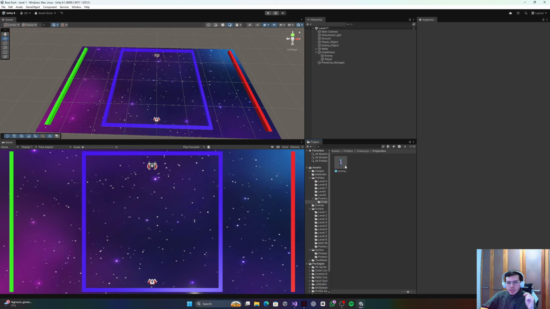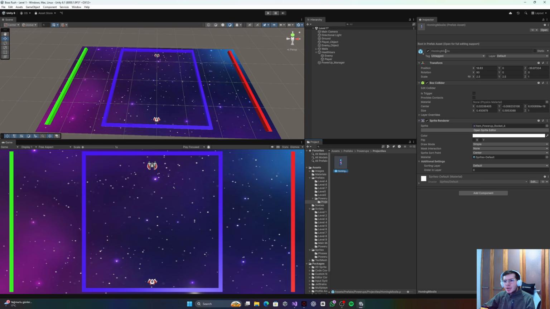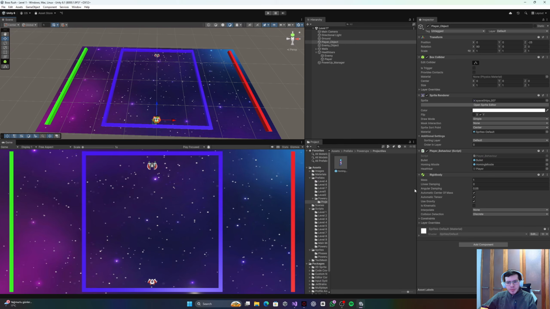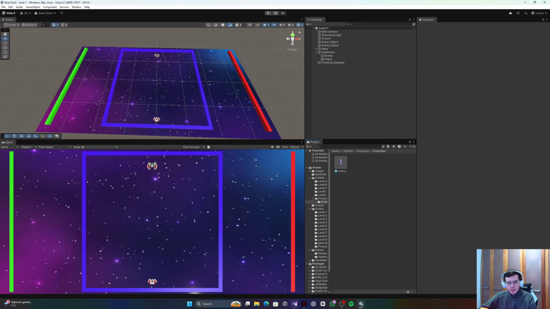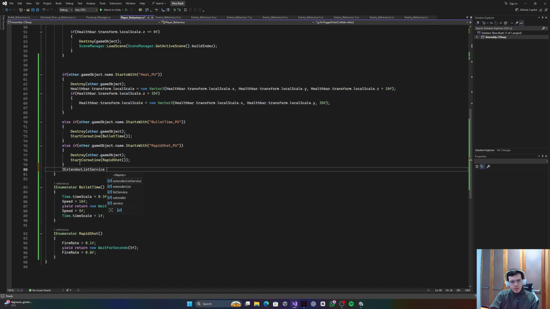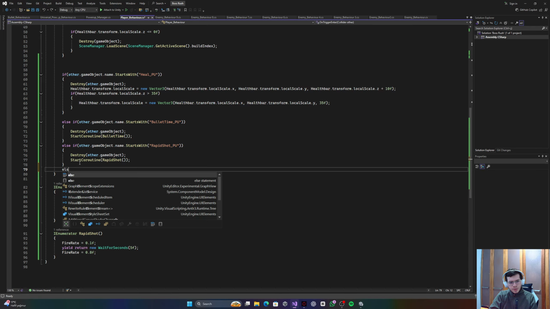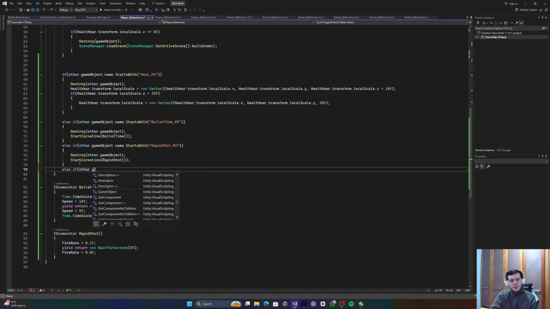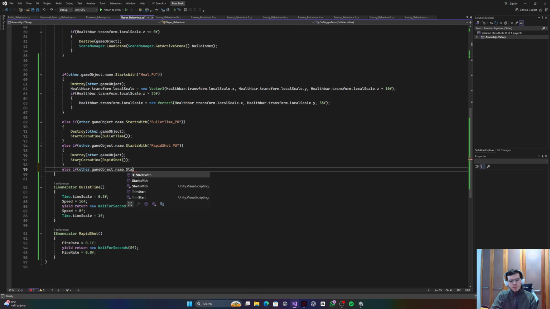Now we need to create a separate script for homing missile projectiles. But first we need to make our player be able to spawn them in the first place. So, as if other game object name starts with